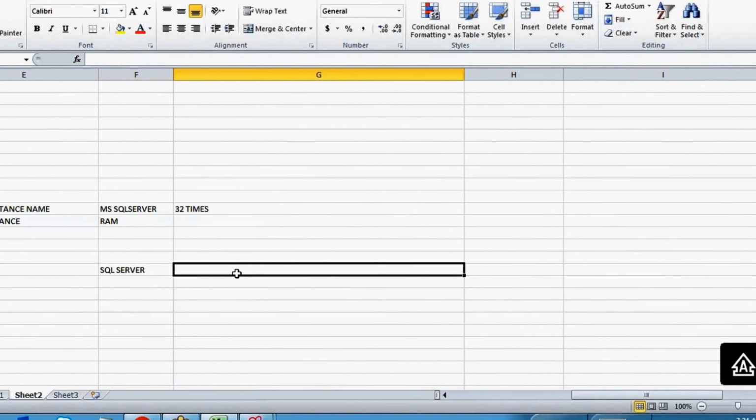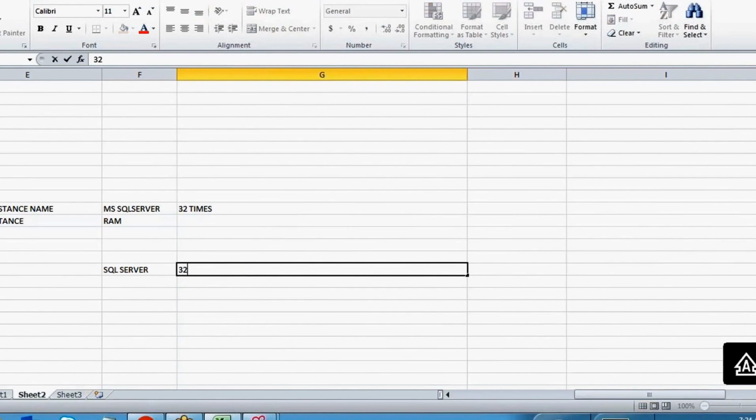What about the second one? If you are installing the second time, you can give any name. You can give Ram. You can give your name. So for each installation, you have to give a different name. Whatever name you have given here, we call it a named instance. So you can give 31 named instances and one default instance. When you install more than once, you will get SQL Server 32 times.